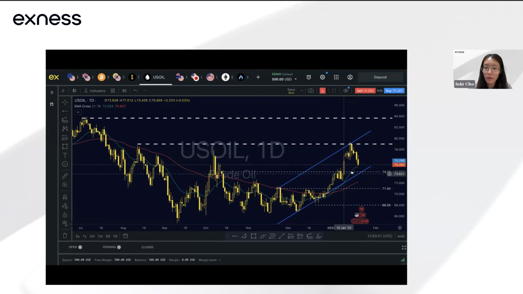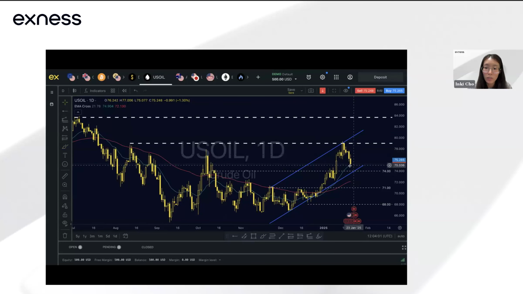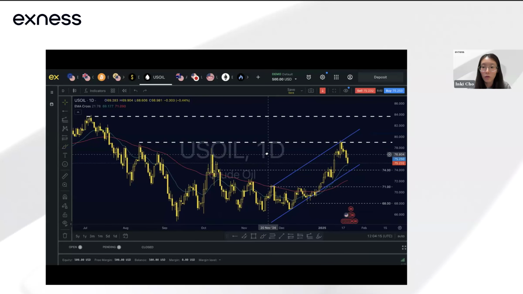As long as price stays above the 74 level, we could see some area of consolidation before a break. But it's also worth noting that oil is now very driven by fundamentals, especially if there's a huge amount of supply coming through, then we could see a shift in technicals. But until now, for me, technicals on the daily are still showing that bullish structure. We could see potential for a deeper pullback, also impacted by the recent Trump announcements. So this is what we have on oil on the higher time frames.